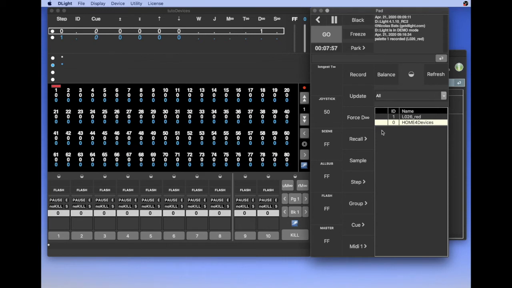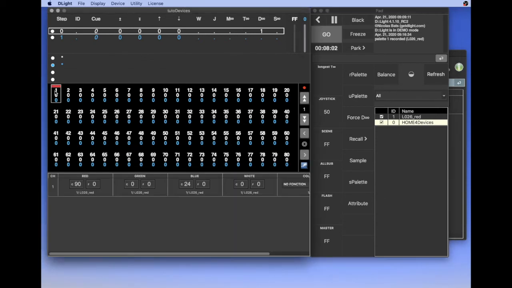If you want to use this part of the pad, you have to click on the device, and these little boxes show you that this palette is available for the selected device, as well as this one. So I click here on home, for example.